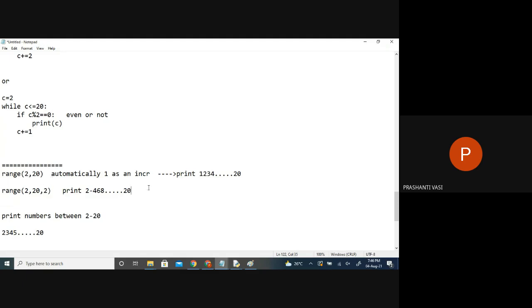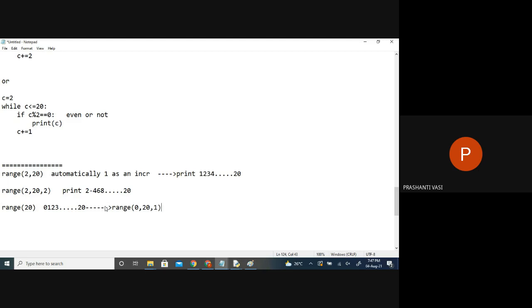Now in the same manner, if I say print numbers in range of 20, what will you understand by default? Range of 20 means from 0 to 20. Yes, right. So it will go from 0 to 20, adding one, one, one naturally. So what is taken naturally? One. It will take it automatically from 0 to 20 and plus 1.